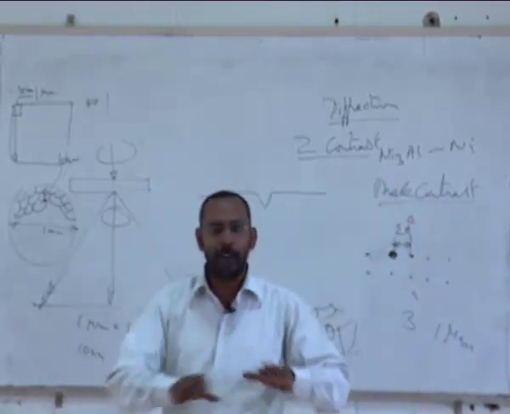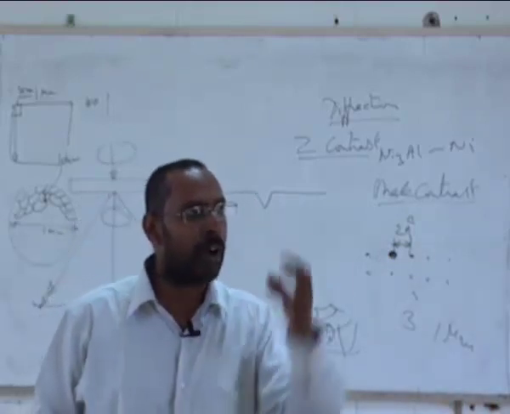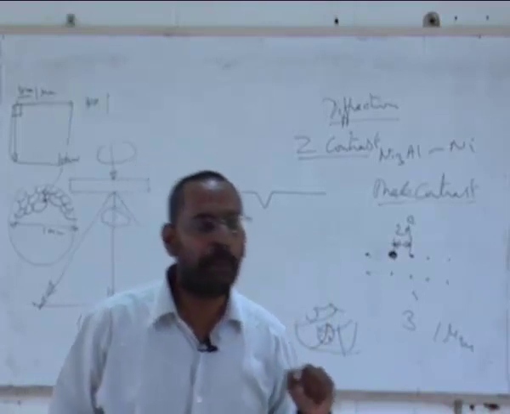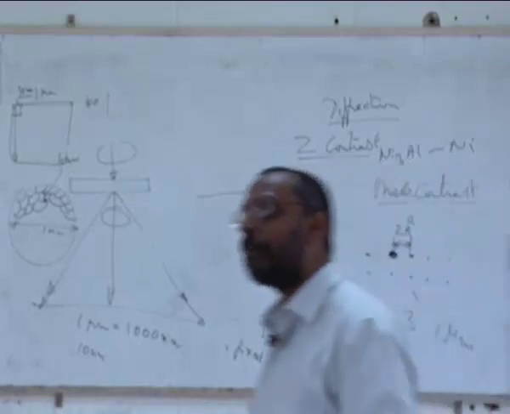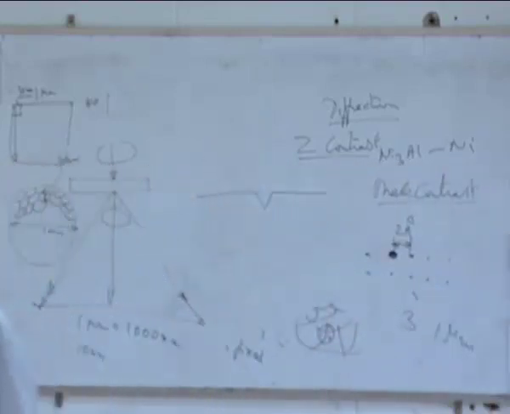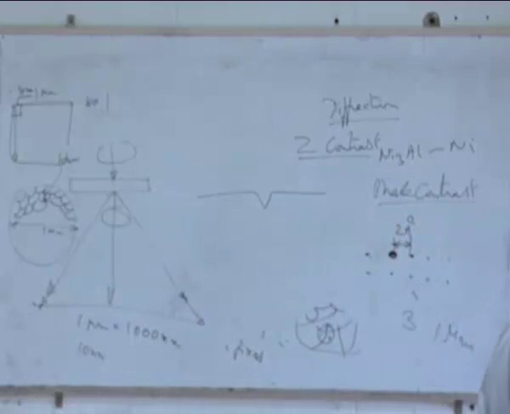For example, if you have a matrix in which there are Al2Cu particles, Al2Cu particles have copper in them. How much copper in Al2Cu? Yes, a little louder. 33.5. I am asking you the copper content in Al2Cu. What is the carbon content in Fe3C? 6.67, right? How did you get this number?